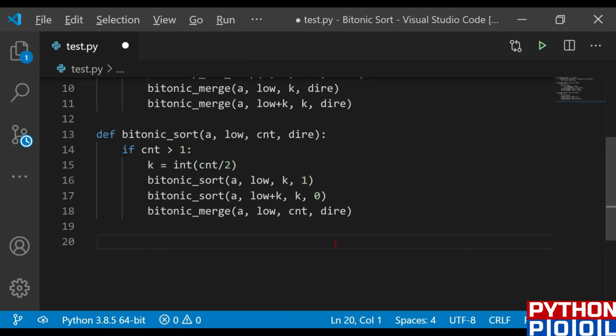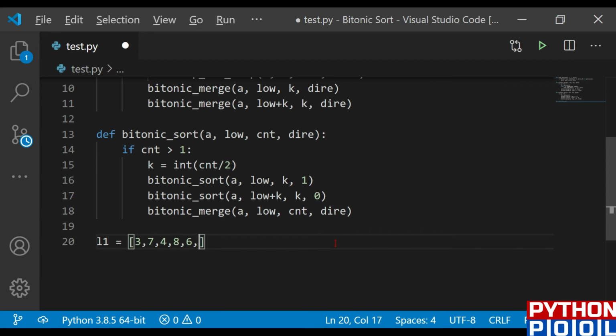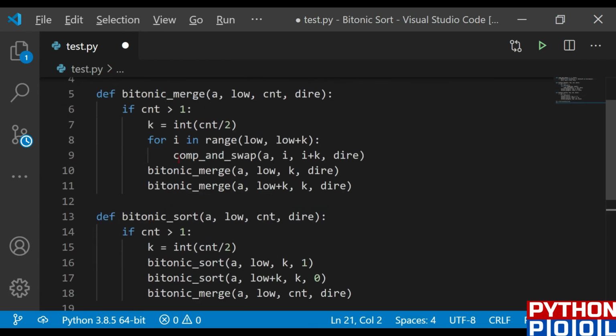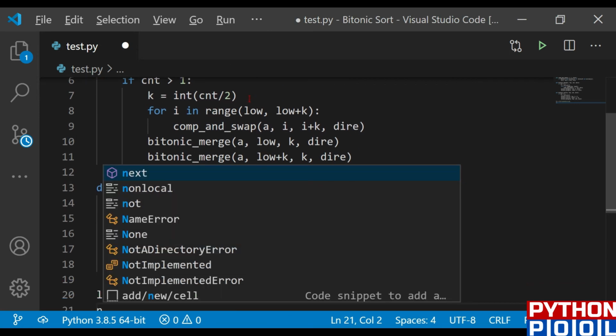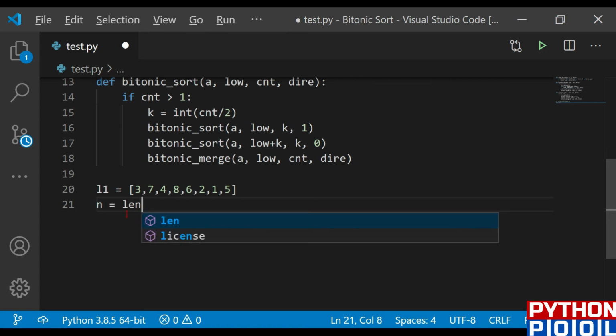I'm going to define my list. My list is fixed as I'm going to implement that one, and my list is 3 7 4 8 6 2 6 2 1 5. Since I'm passing this count value, the count is nothing but the number of elements in the list, so it would be obtained from the length of the list.